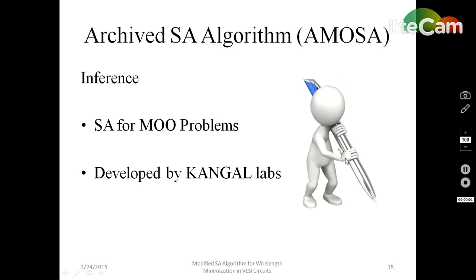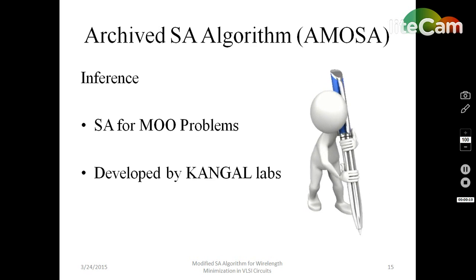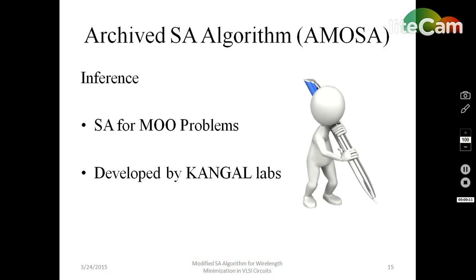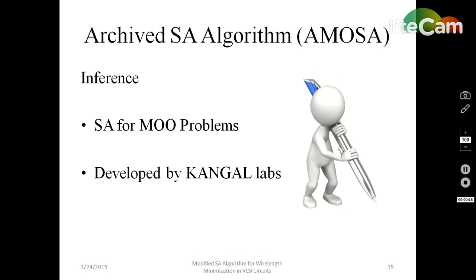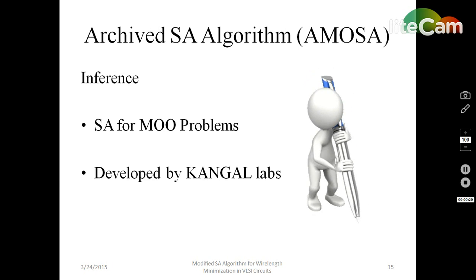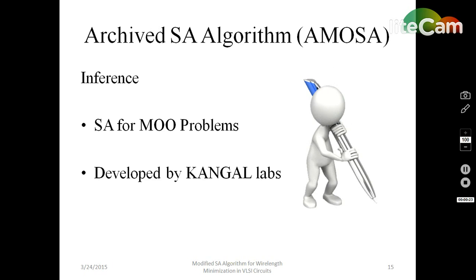So the next paper is the archived essay algorithm, that is, it can be written as AMOSA, which means archived multi-objective optimization using simulated annealing. This is a very interesting paper, and it has a very large number of citations in the Google Scholar index. What I inferred from this paper is that the simulated annealing algorithm can be employed for multi-objective optimization problems